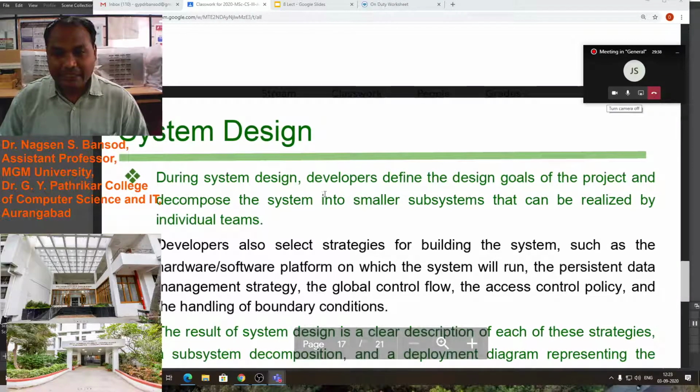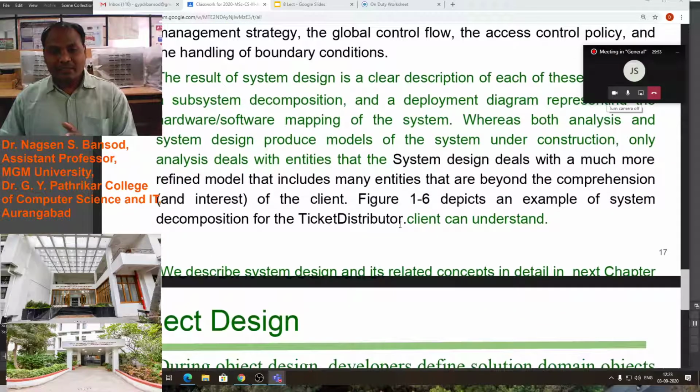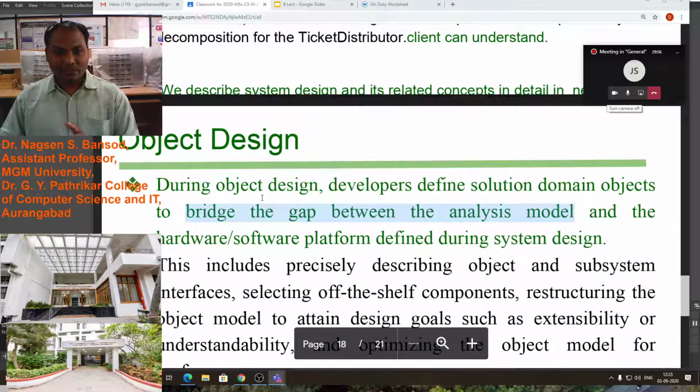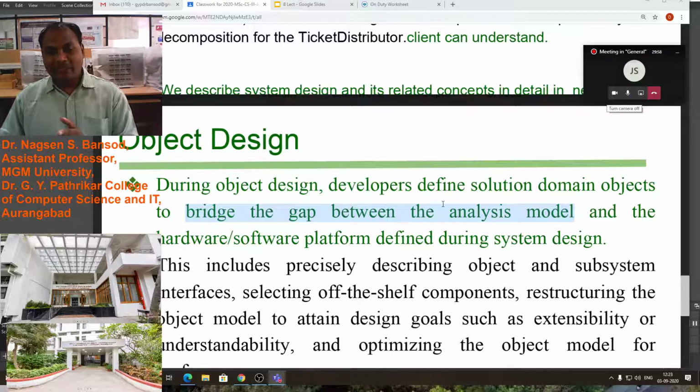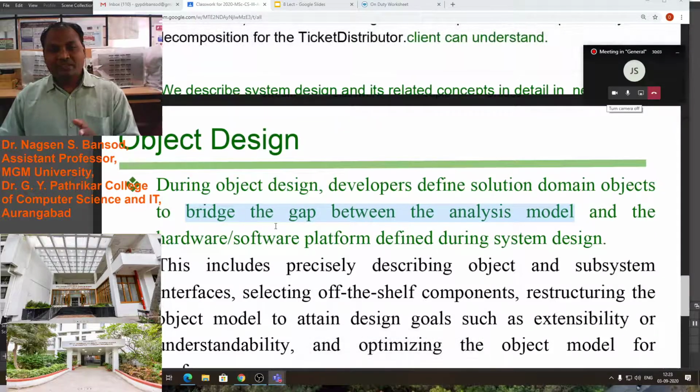During the system design, the developer defines the design goals of the project and decomposes the system into small subsystems. Okay, after that we have to create small objects. During the object design, the developer defines the solution domain objects to bridge the gap between the models, to understand the smallest communication like traveler and machine.